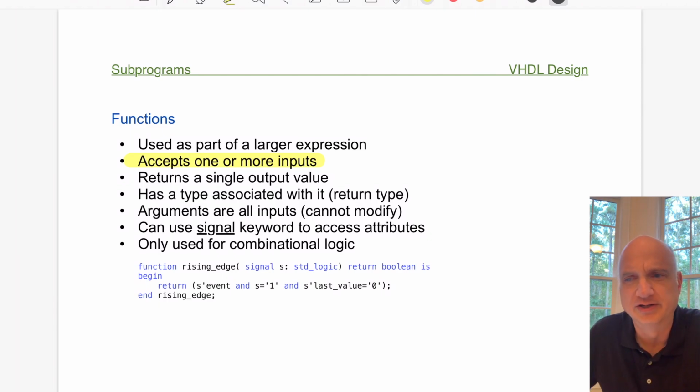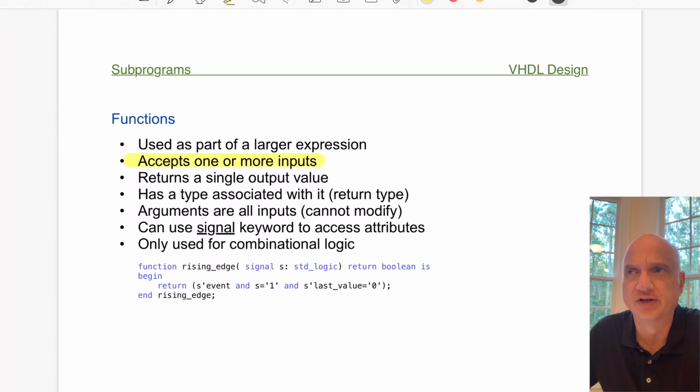That would make it something that you would probably want to consider using a component for. But functions, typically, the functions that I've used and created typically have 2 or 3 arguments. And then they have a single return value, and that's another limiting factor of functions. Since they have a single return value, you can't have multiple signals coming out of a function. You can think of